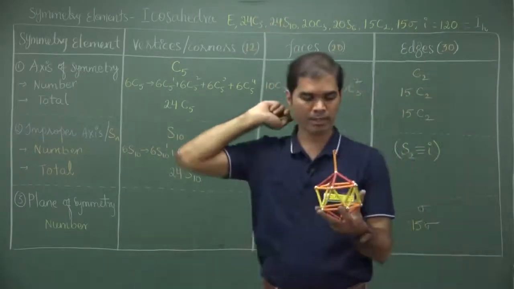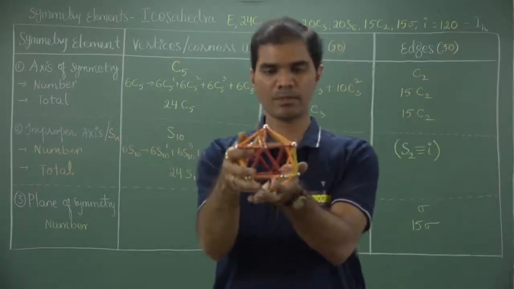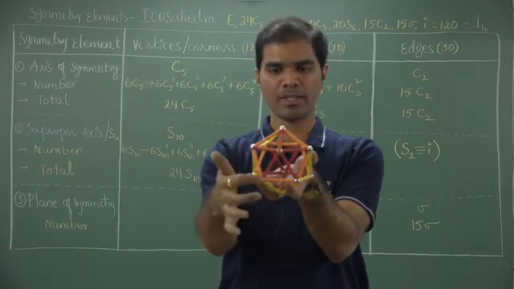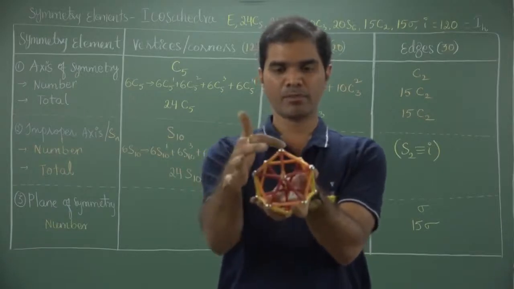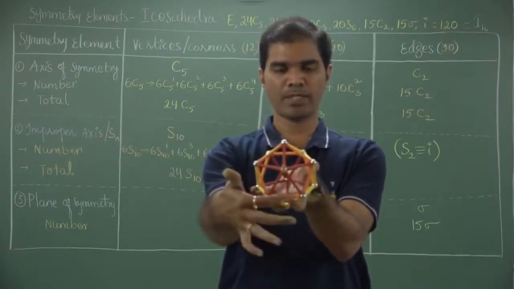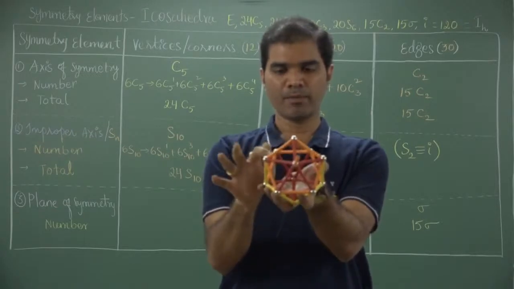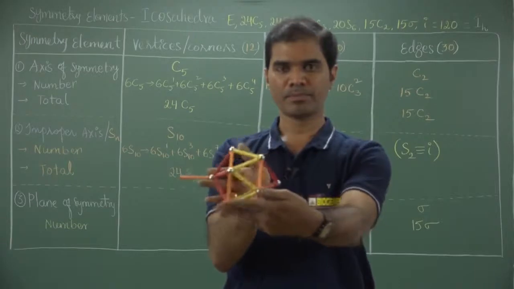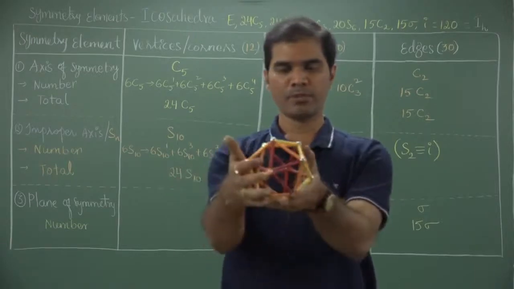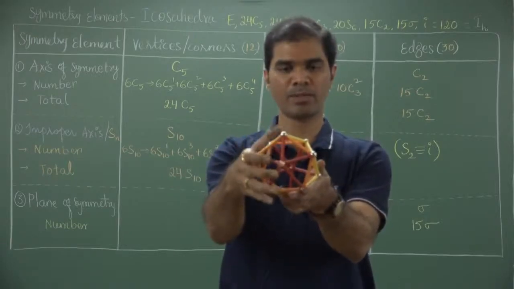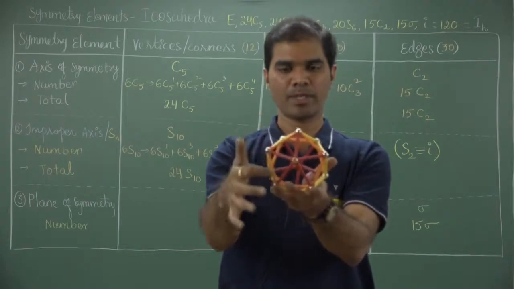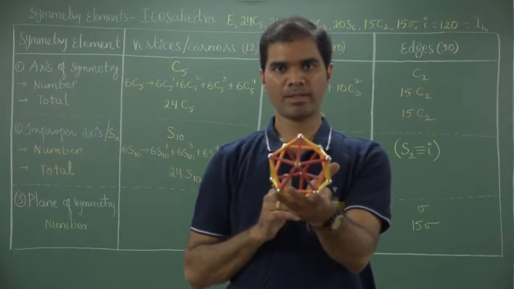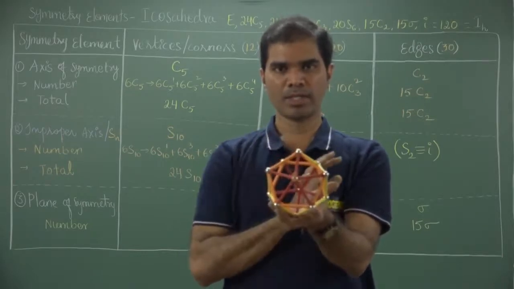How are they collinear? If you can watch this carefully. If I am holding it in this manner, you can just check. This is one pentagon made of orange. For this pentagon, the corner is above, the edge is below. Exactly away is another pentagon, again made up of orange ones. For this orange pentagon, now the corner is below, the edge is above. So, this pentagon and the back pentagon are staggered to one another. This is only for your understanding.